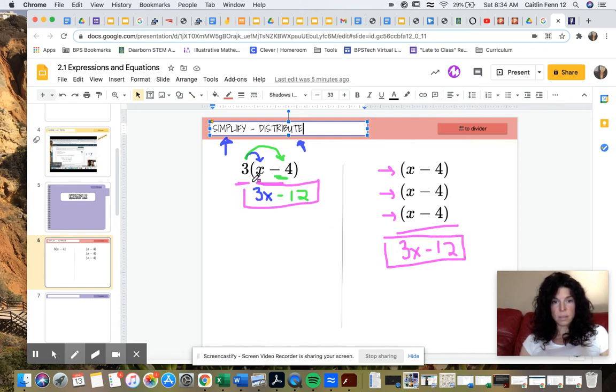So this is just to help us visualize what is actually happening when we distribute. But the key is that you're going to multiply both things in the parentheses. This is also true for division. So if we have a division problem, maybe it looks like this. Maybe we have